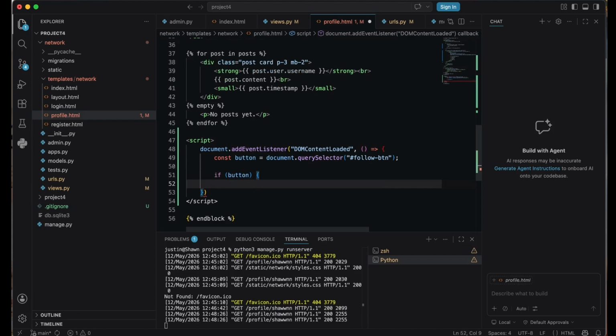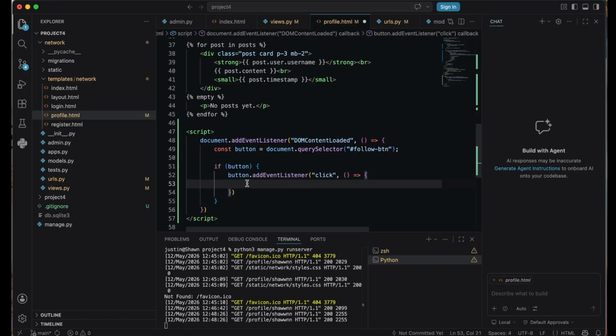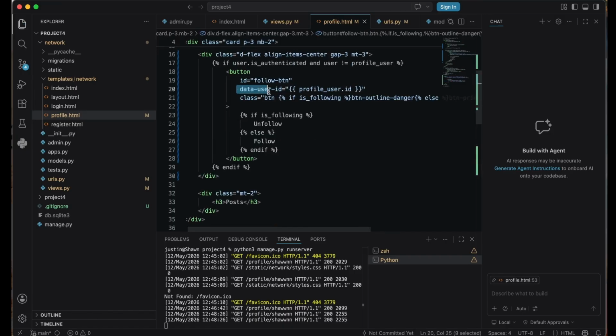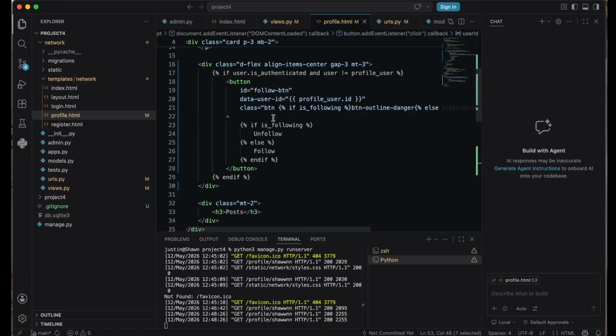We're gonna execute a code, and we're gonna add an event listener to our button and enclose this again in an arrow function. The event listener is click, and we're gonna call our user ID used in our dataset declared here, data-user-id, dataset.userId.